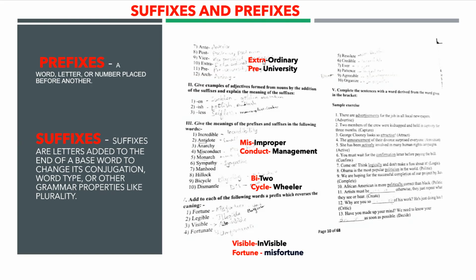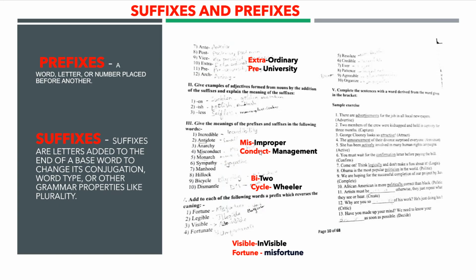Prefix is what we add before the word. Ordinary is the word, and we are adding something before that word, extra. So it is changing the meaning of this word. The next example that I have is university is the word, pre-university, before university. This is making university different, pre-university is different, right? It is changing the meaning of this word. So these are the prefixes. Then